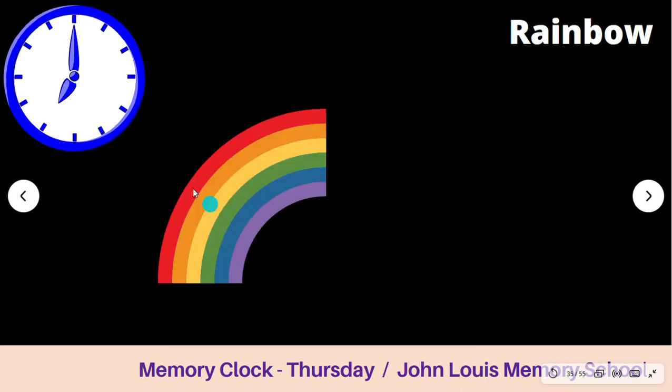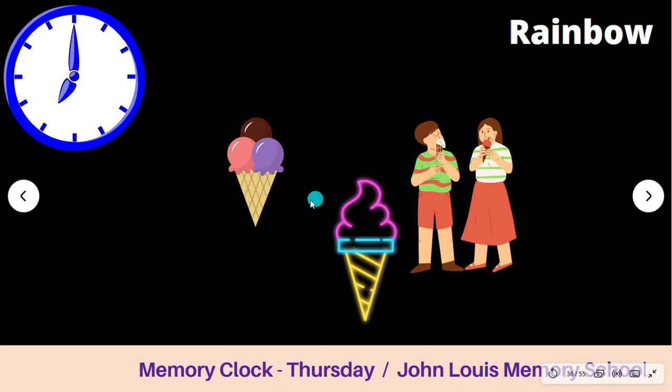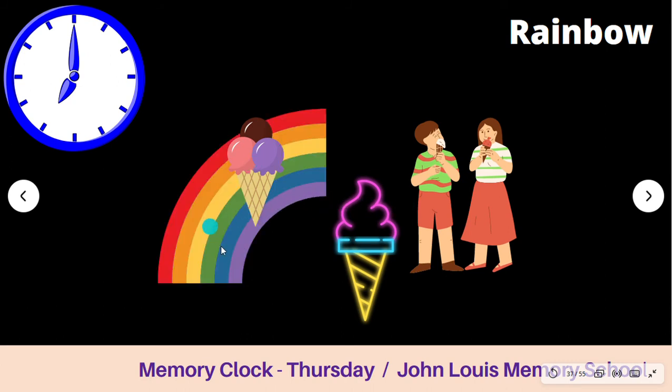Okay, now 7 o'clock, the picture is a rainbow because it has 7 colors. So what you need to do is you have an ice cream party with your friends at 7 o'clock. So just imagine all the friends with whom you want to take ice cream and imagine you are all standing on top of the rainbow and eating ice cream. Make a funny picture again, make it yummy, make it extraordinary, make it outlandish, make it bizarre. This is what makes everything very interesting to our senses.